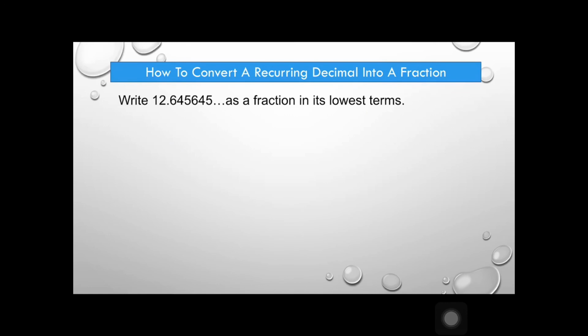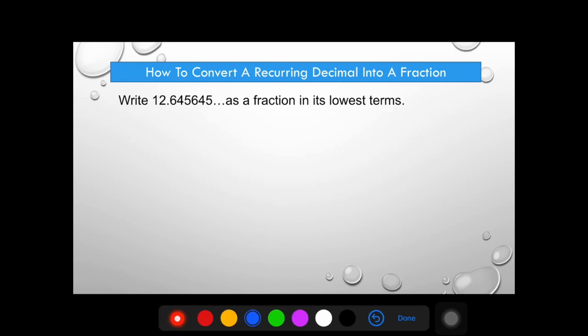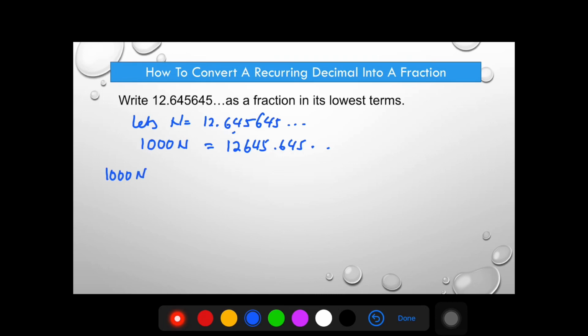Next, 12.645645... and so on. Okay, now we can still use the same method. First, let n equal 12.645645... and so on, and 1000n equals 12645.645... and so on. Then 1000n minus n is equivalent to